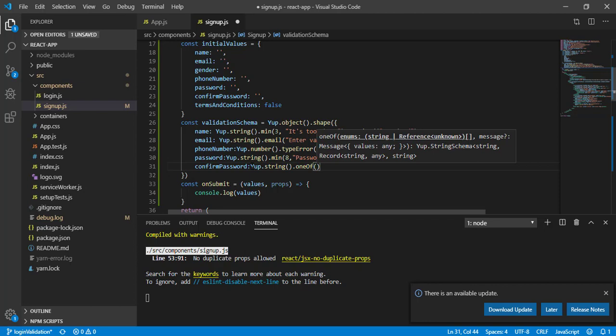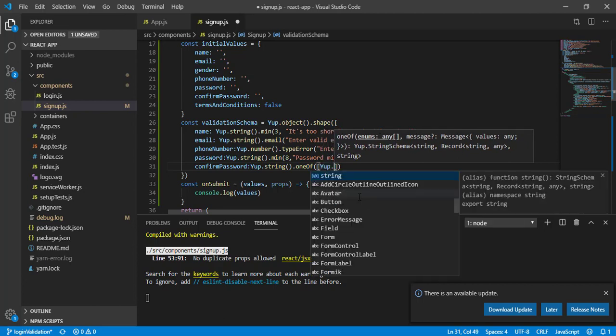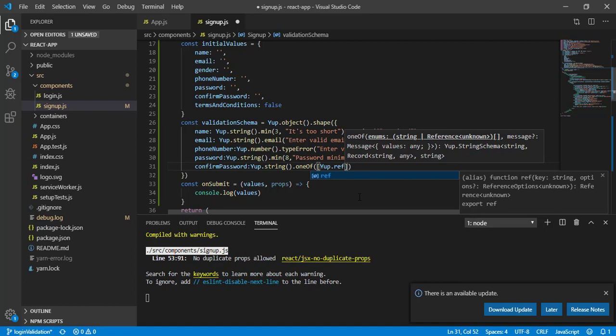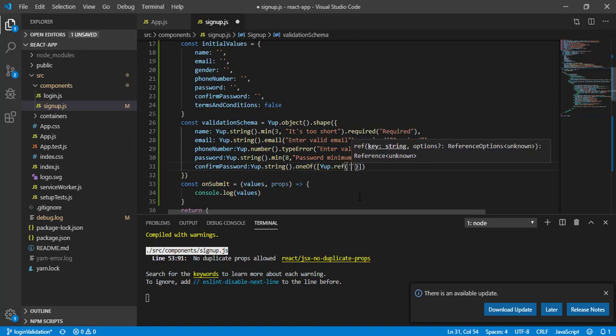This function takes two parameters: the first is the condition, that is the array of values, and the second is the error message. In the array I will refer to the password, so yup.ref, and write password.